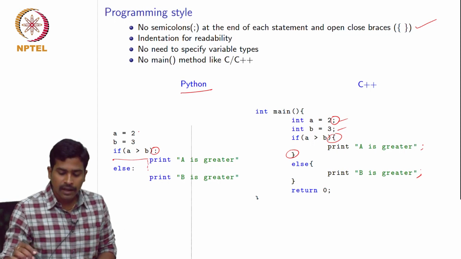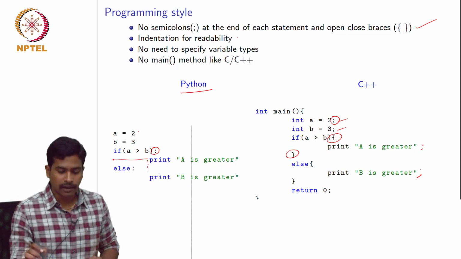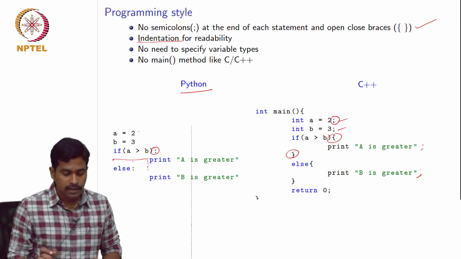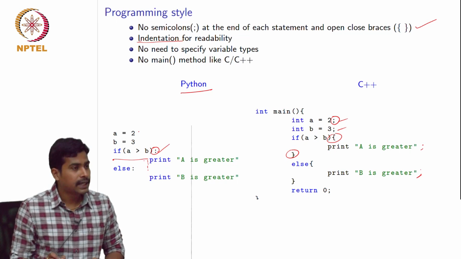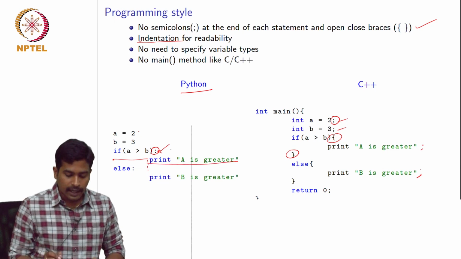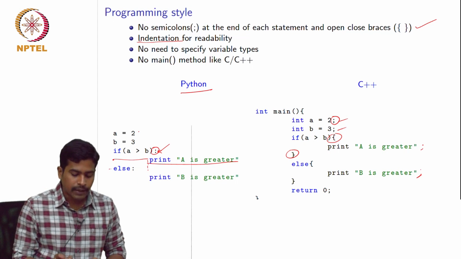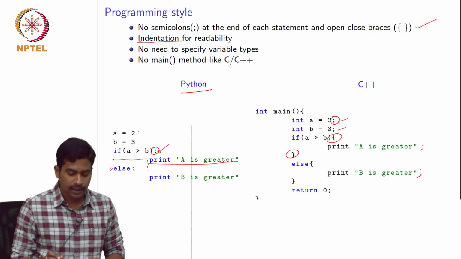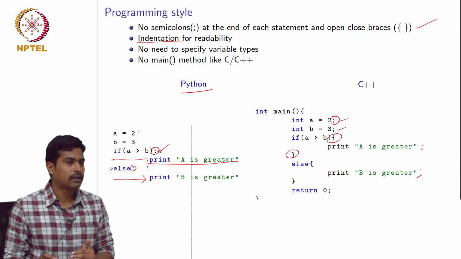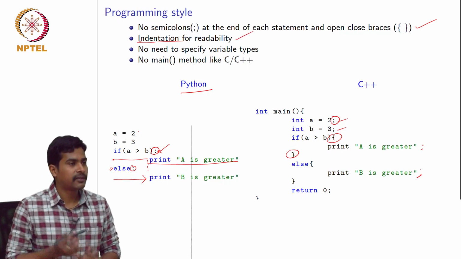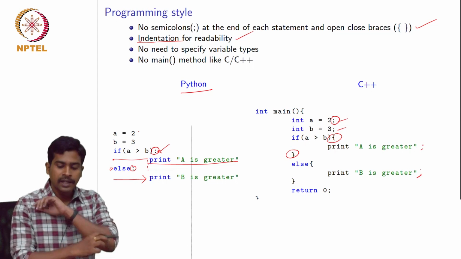This is what I meant before, the space. This extra space is called indentation. After the if statement we have used the colon, and then we gave this indentation, so this particular statement comes under the if block. Next we have moved back to this point and written the else statement and again a colon, and we have given the space so that the interpreter will know this line is part of the else block. So this is the second major difference between C and Python.